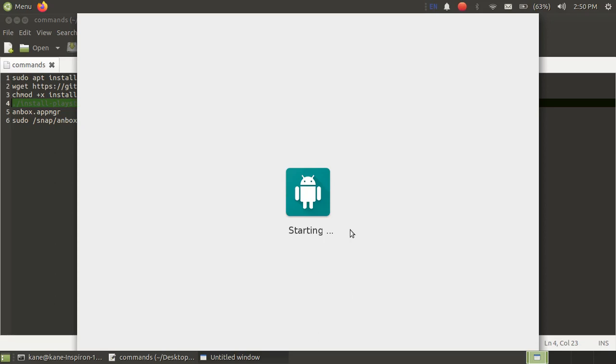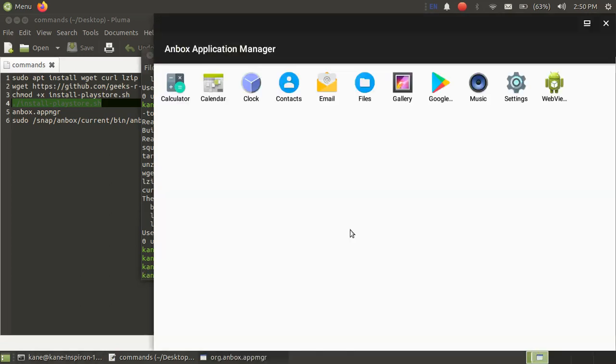Okay, so after Play Store is installed, just don't forget to sign in with the Google account. Just go to settings, go to Google and sign in to your account.